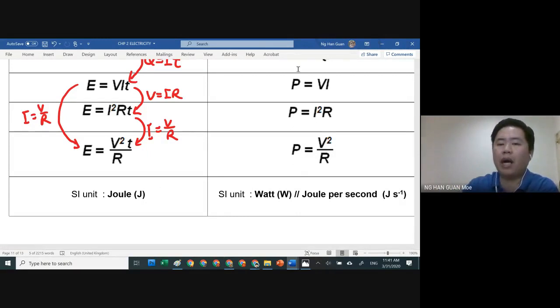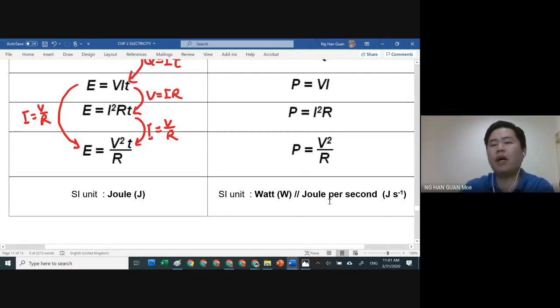So, power, as what you learned last year, the unit is joule per second. Once you get the answer in the SI unit, joule per second, then we will show the unit for the special SI unit, watt, with the capital W. So let's say if you have the answer